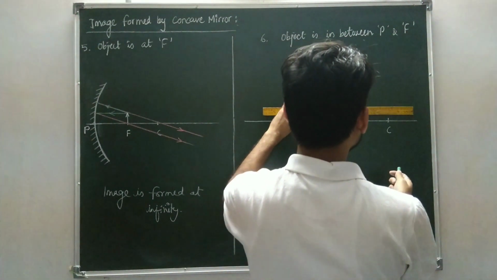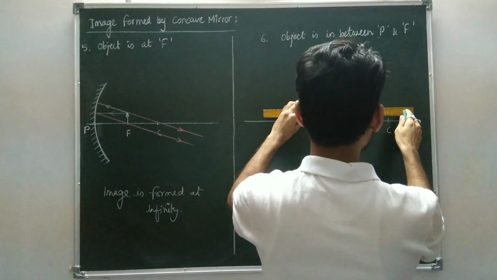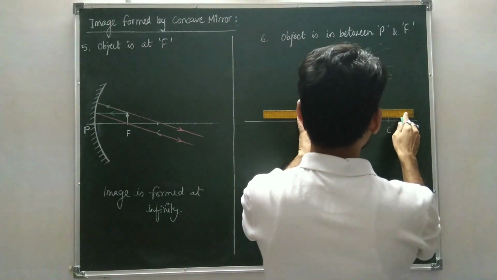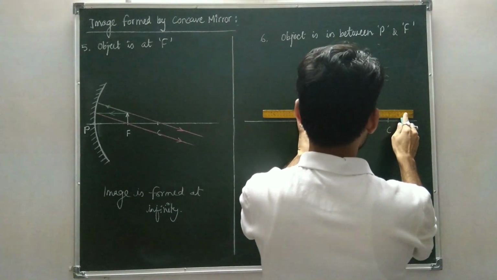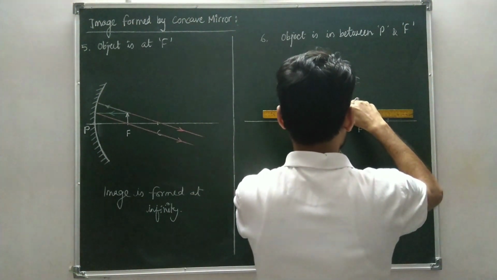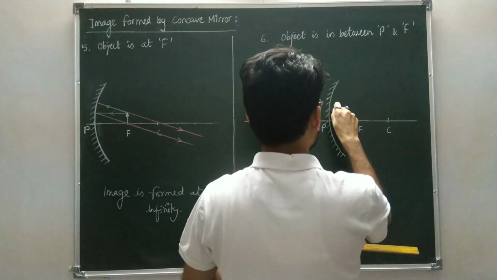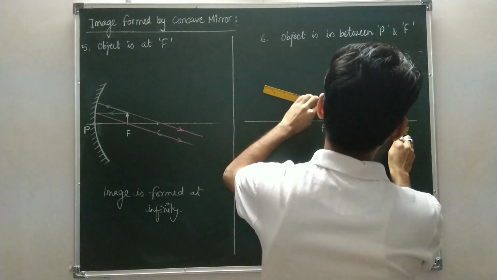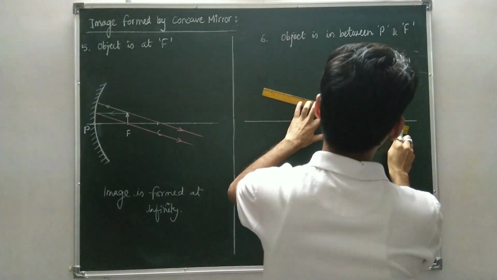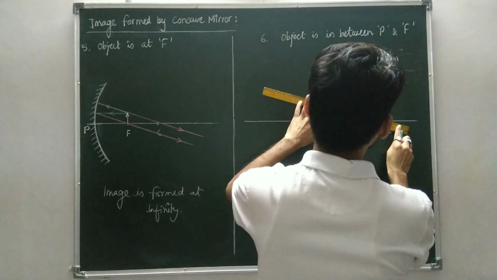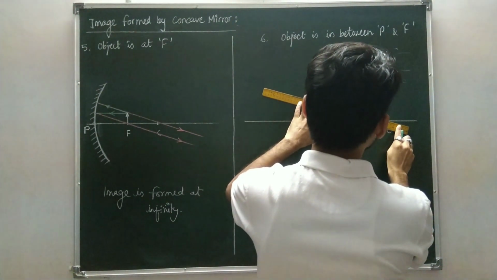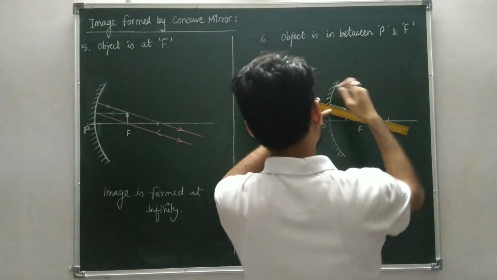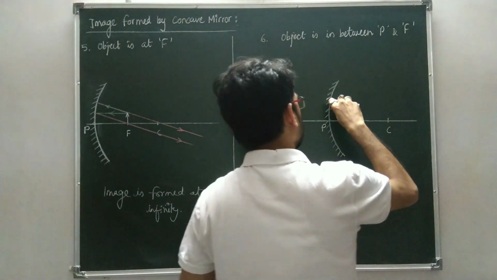One is parallel to the principal axis and the other passes through, or appears to pass through, the center of curvature, or along the center of curvature. Okay,